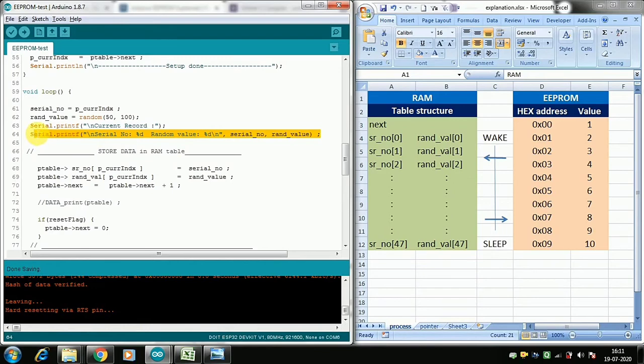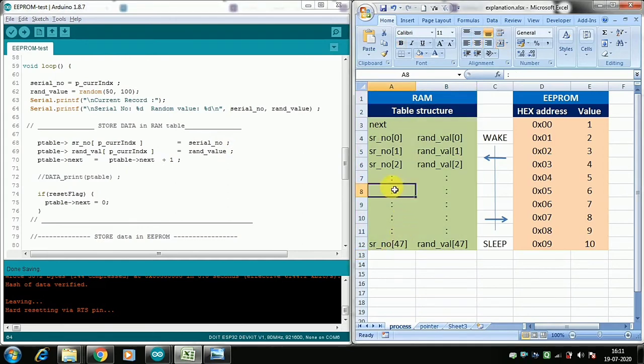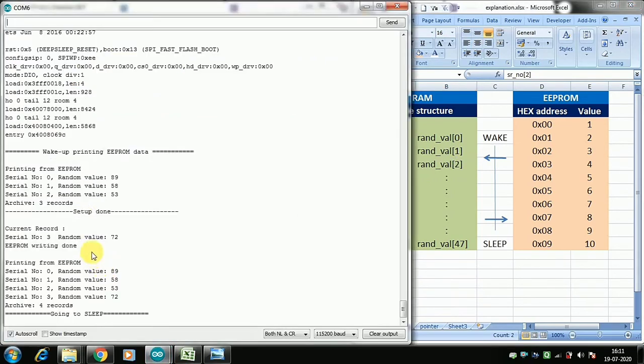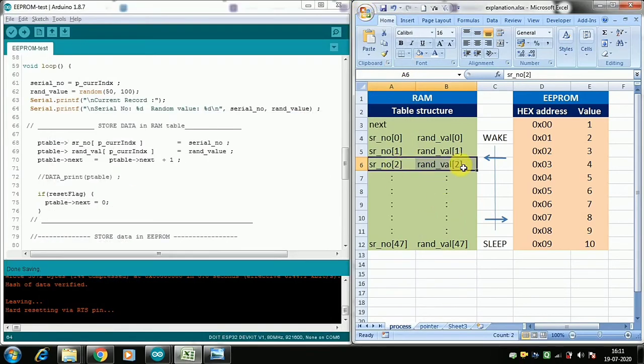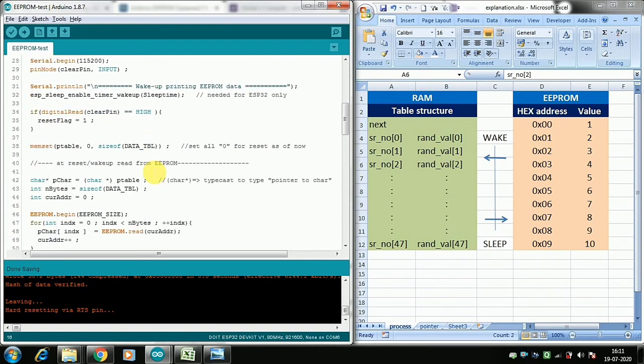Okay, and then once this is done, we want to store this new value into this RAM. So if, like, say it was up to number 2, so we now want to run. So if we go for example with this, so we had 3 data points here, so up to serial number 2. Okay, so now our cursor will be this next variable from EEPROM. You see this variable next, this is always located as a cursor and it will be in the next position.